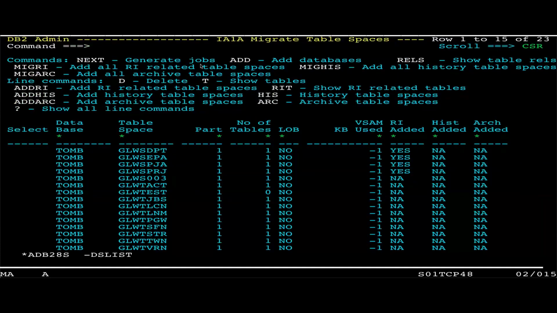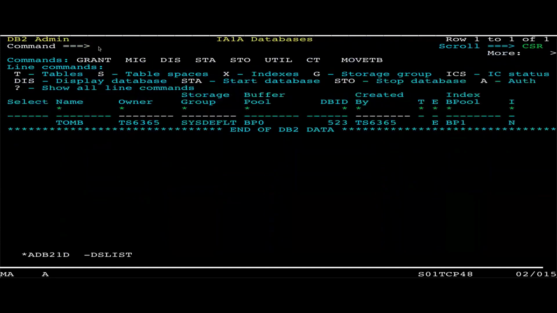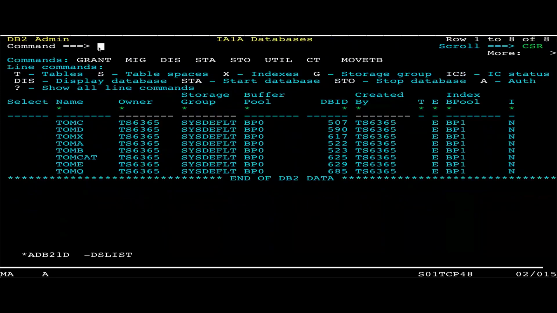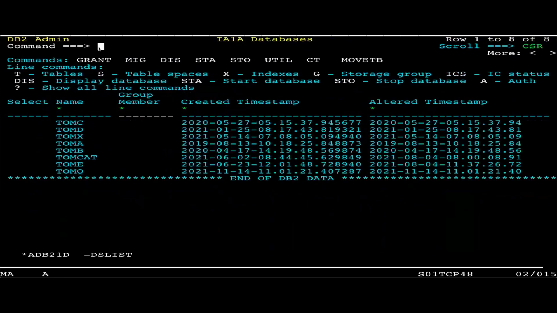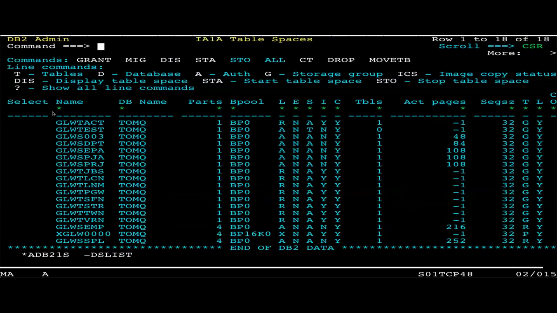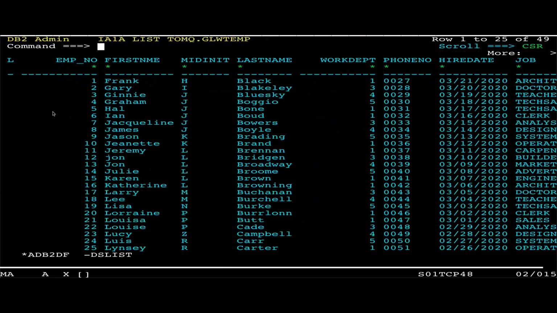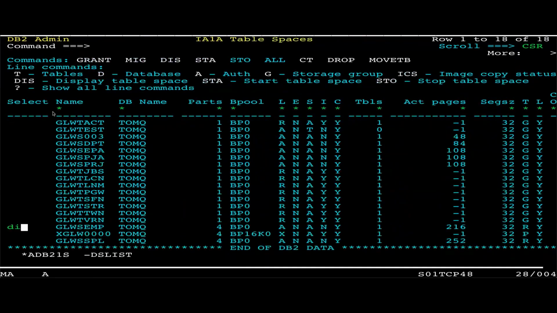So those 2 jobs have executed, and I've just PF3'd, and I'm back to where I was in the migrate. So let's go back and see what has happened. There we go. We've got an extra database at the bottom, and it was created today, the 14th. Let's have a look. Yeah, so all the tables are there, and all the data is there. If we do a display,